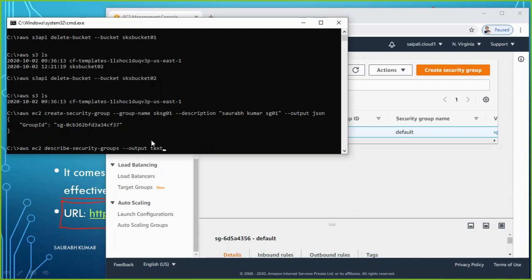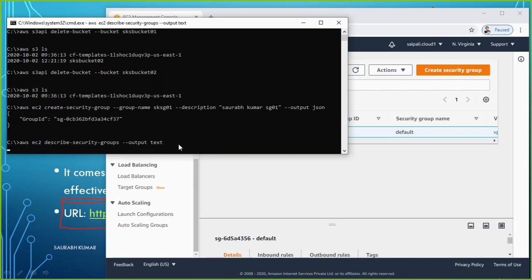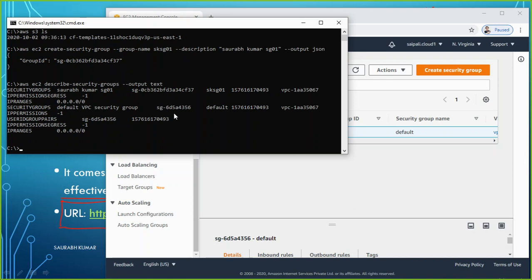So I just say --output text. I want to describe all security groups available in my EC2 console and get this output in a text format. Let me hit enter and wait for a moment. It is going to show me that there are two security groups. One is SKSG01, the one which we have created, and one is the default one. The description is also there. This one is Saurabh Kumar SG01, this one is default VPC security group.